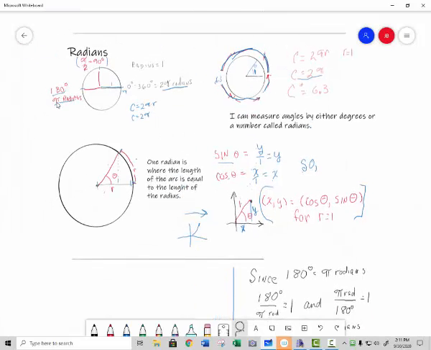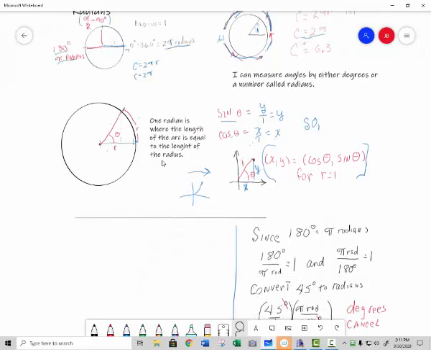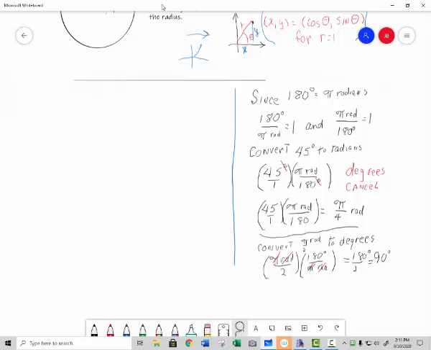And I'm going to use that right here, down here at the bottom. 180 degrees is pi radians. Well, let's take 180 degrees, and we say that that's equal to pi radians. And I'm just going to put an RAD to make sure that you understand it's radians. Well, let's divide both sides of that equation by pi radians. And if I divide both sides by pi radians, I get that 180 degrees divided by pi